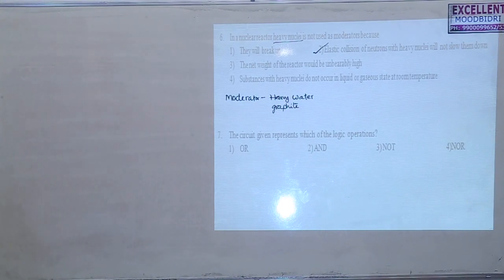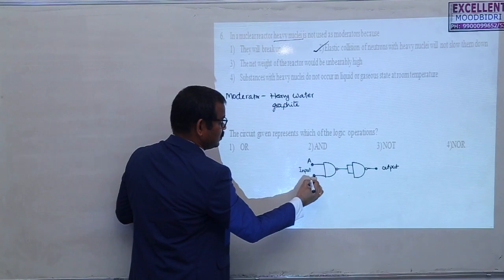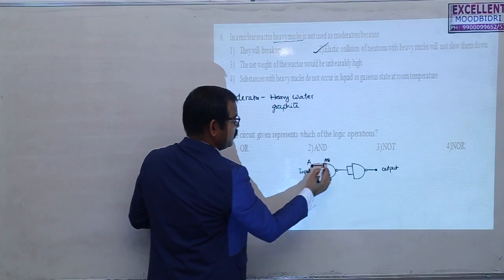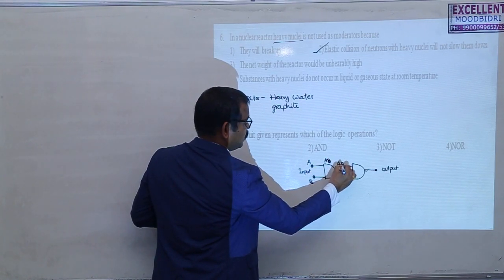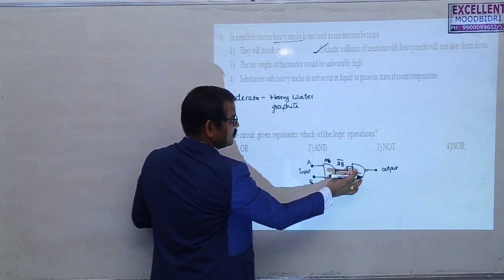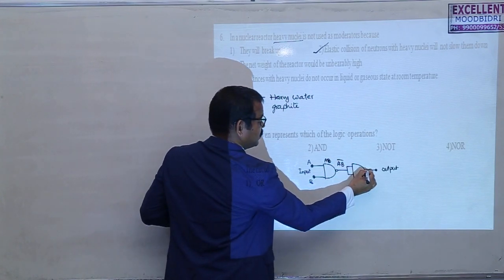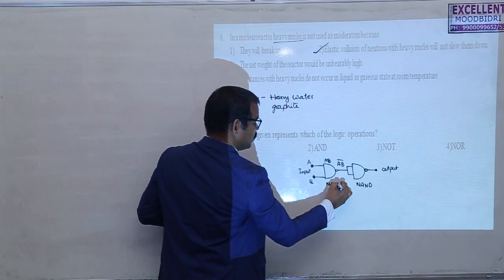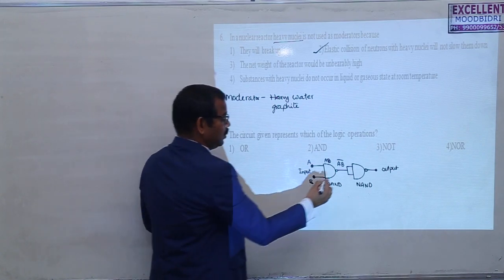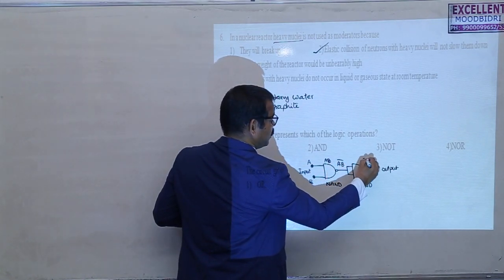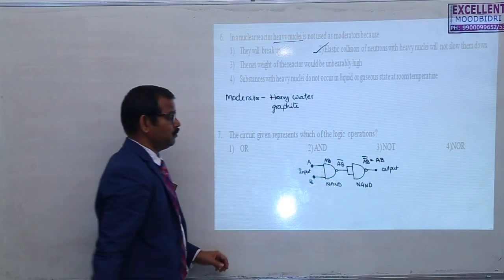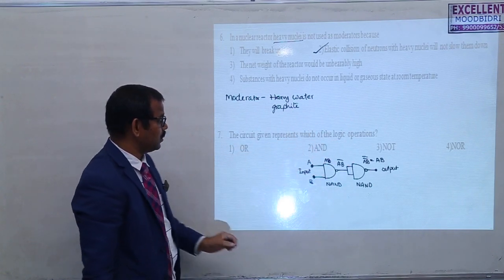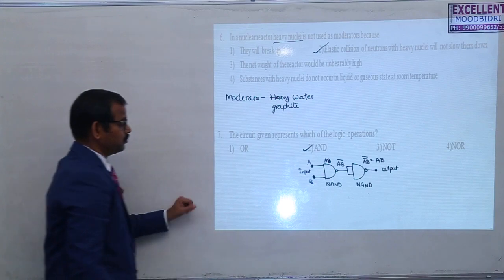Next one, the input, let us say this is AB, as it is an AND gate, this will become A into B, and the output will be AB bar. But here this is another NAND gate, this is also a NAND gate. So two NAND gates are connected together. So the output for this one will be AB bar whole bar, which is equal to AB. That is, if you give A and B, the total output will be A into B or A dot B. So dot means this is an AND gate.